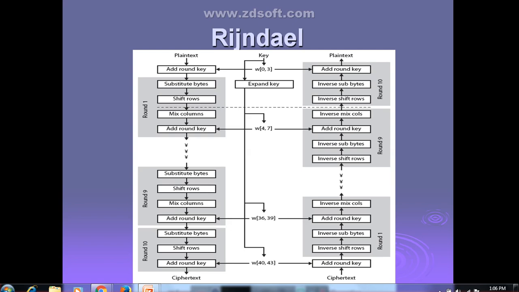State is nothing but a 4 by 4 matrix of bytes. That is nothing but a state. Then that will be modified at each stage of the encryption and decryption. After the final stage is reached, the state is copied to an output. Right? So here the key expansion is there. You can see this in the diagram. The key is expanded into 32-bit words, with 4 words used in each round. You can see that in the diagram. 4 of the keys will be used in each round.